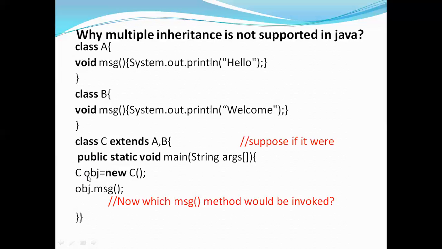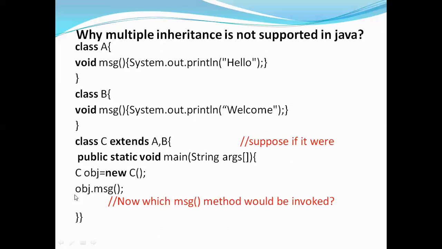So using this obj, I'm calling a method, message. See here, obj dot message. So if I'm calling this, there will be a contradiction or a conflict as to which of these two parent class methods should be called, either this method or this method, because both methods have the same name called message.